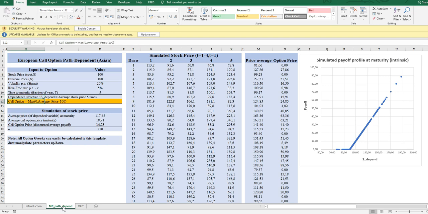So eventually the call option is the maximum of 0 and the average price minus the exercise price, which is